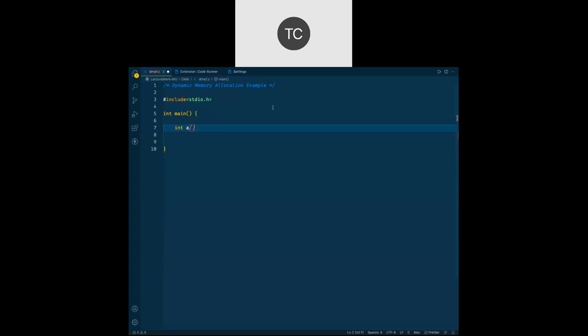So just to be on the safer side, I'll say 20. Let it be 20. Now the user may give 5 elements, 10 elements, or 15 elements, that will work. I can store those elements inside this array. So just to be on the safer side, we are going to define this array with some larger size.